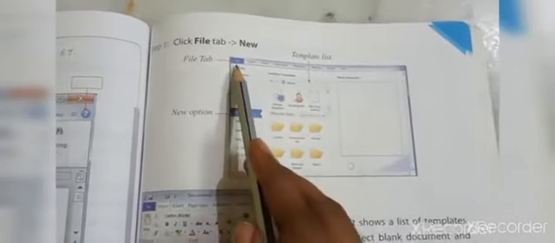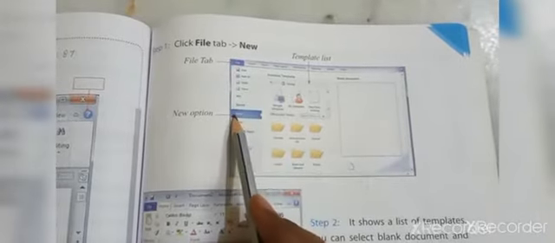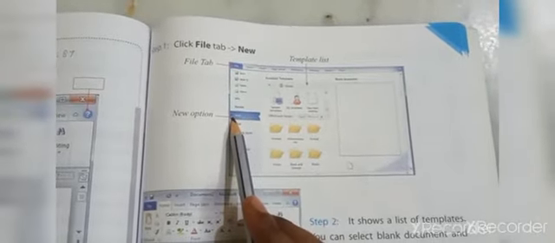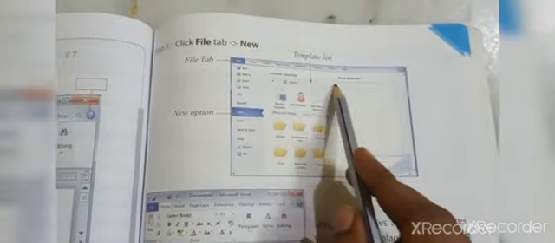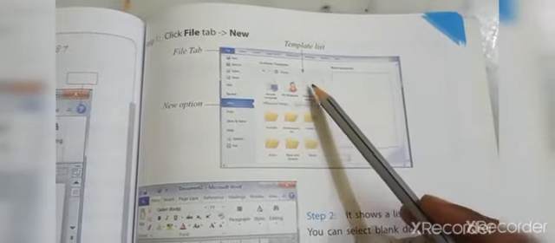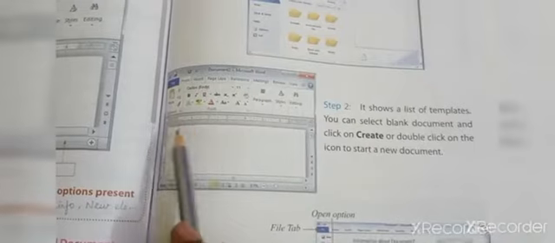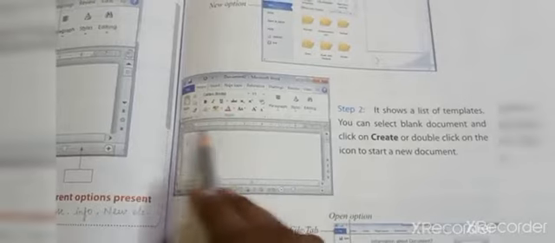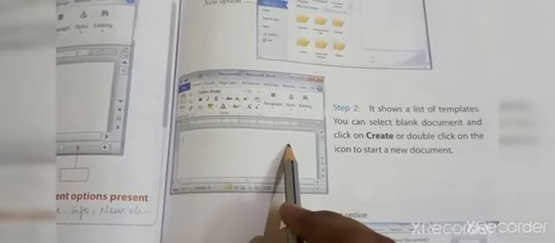Okay. After opening a screen, first click File tab. In File tab, next click New option, and then it lists out a number of templates here. In this template, you have to select New from existing. So in New, you can select the blank document by clicking this New from existing. Then after selecting the new form, the blank document will appear. See here, this is a new document. So after opening this new document, you can type whatever you want for your document.